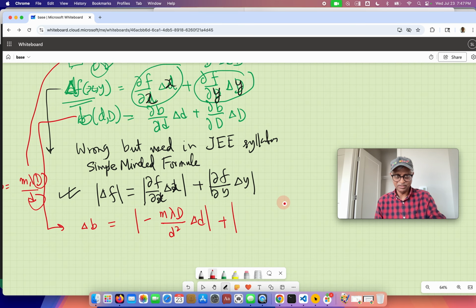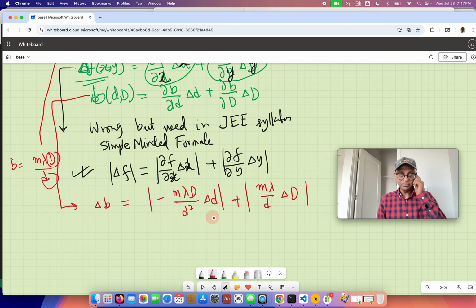We should add, and then it's going to be m lambda over d delta D, because the derivative will be just 1. This derivative, that delta D, okay? So that's the answer, and just put numbers and get the answer. But actually, it turns out